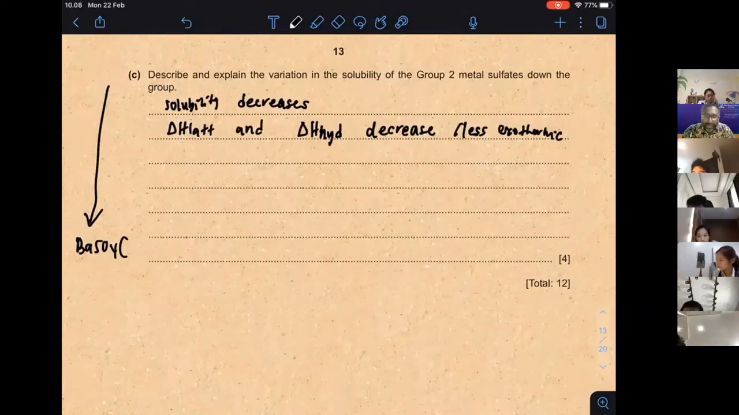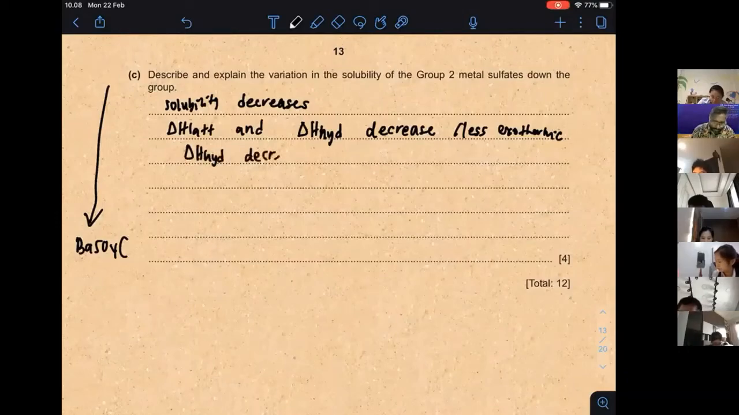Charlton, which one do you think will decrease more? Hydration or lattice energy, Charlton? Hydration. Yes, please remember this. This one is going to be hydration decreasing more than lattice. Your hydration decreases more than your lattice,